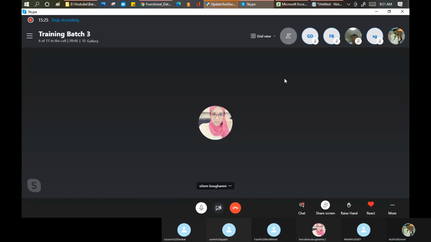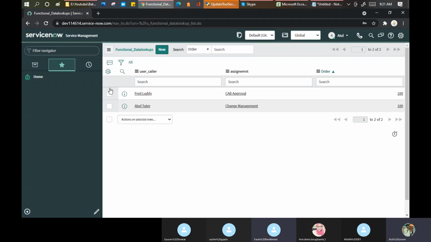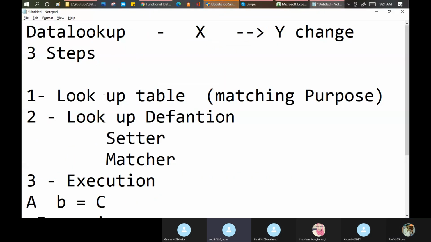Anyone? See, being a consultant, you are not going to do this thing, but you should understand the background logic of how these things actually work. Okay, now I'll pick up the second step. But Atul, as a ServiceNow admin, if I work in a ServiceNow admin team, then I have to do all this, right? Yes.